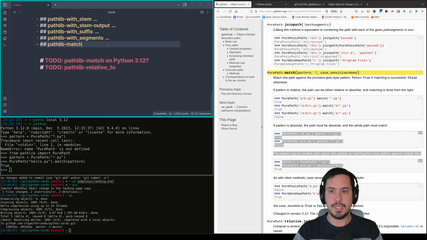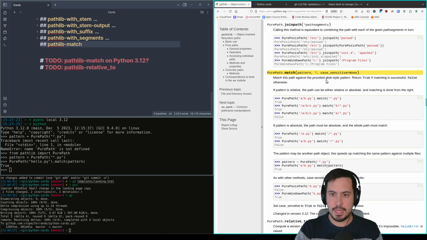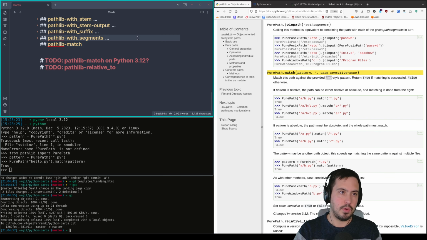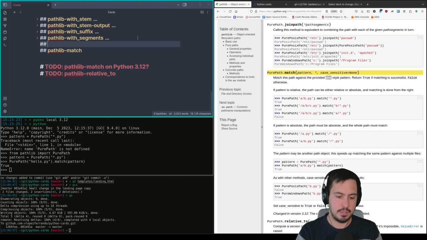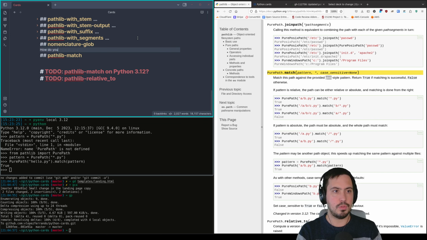So let's see. What does this match do? Match basically matches this path against a provided glob-style pattern. And glob, this is an interesting word that I think I will also add a card to. How do you name the pattern matching style, I don't know, of